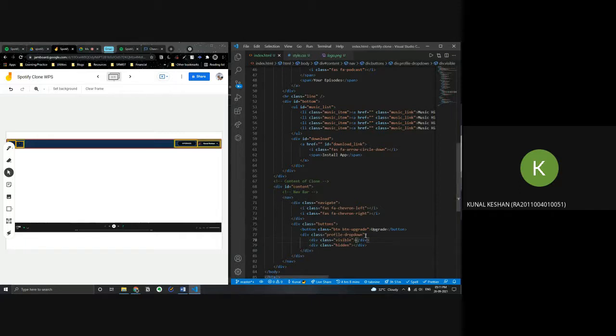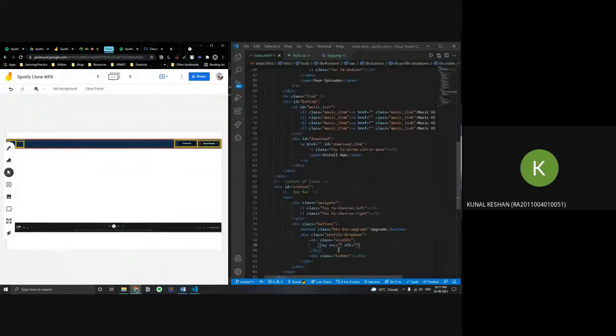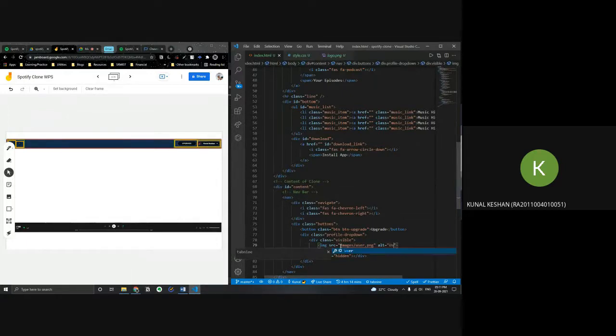So we'll add it over here using the image tag. We'll give a source. We already have an image JPG within that drive link, and it's saved within our images folder. So all we have to do is images/user.png. Okay, and for alt we can just put user. That's about it.